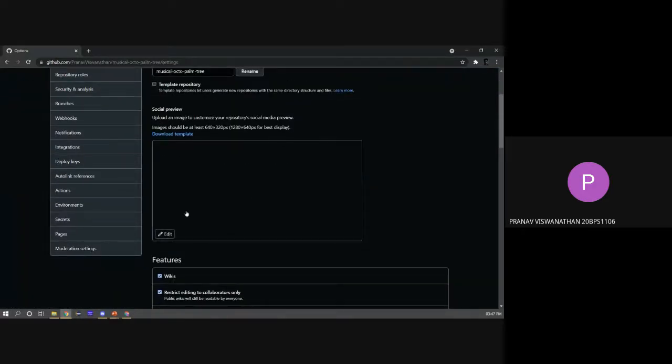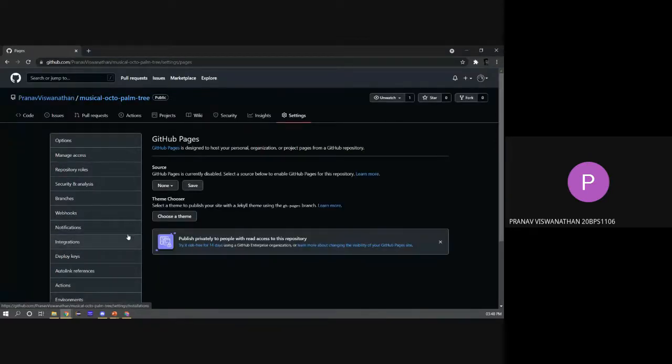Another thing that people use GitHub for, especially students, is something called GitHub Pages. You can choose to deploy a static website, any static website, so it becomes pretty useful for that. I won't be going into how to do that at the moment. So we're going to be going back to code.